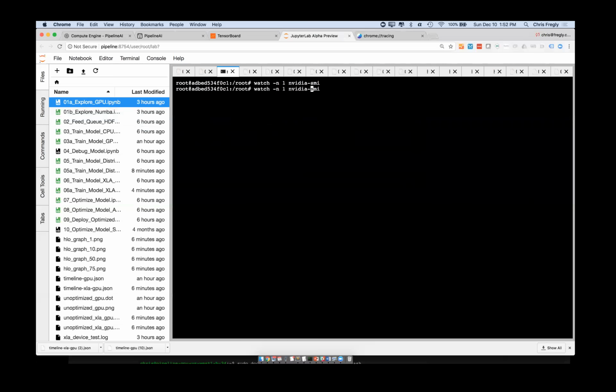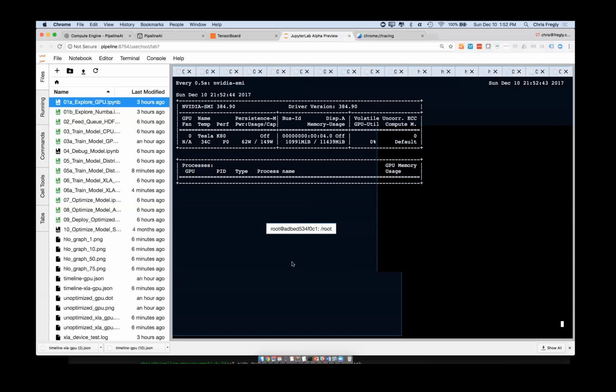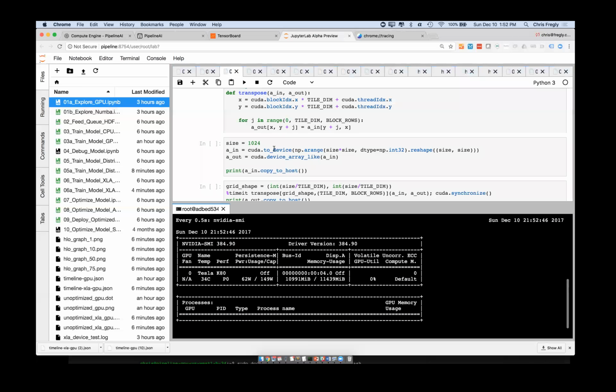Every second that will update. You can shorten it down to 0.5. And if we put that into a window down here, then we can run